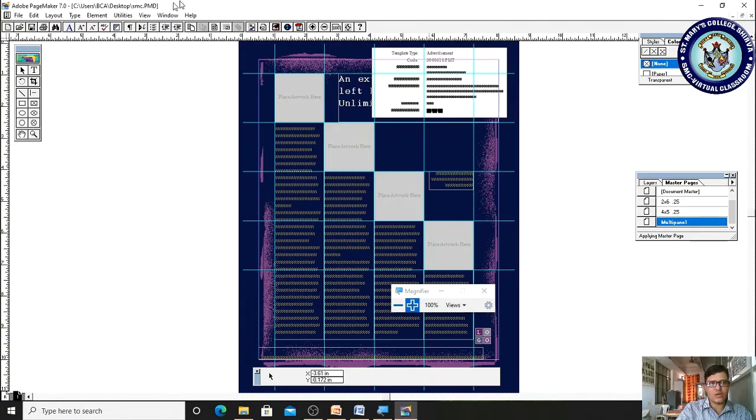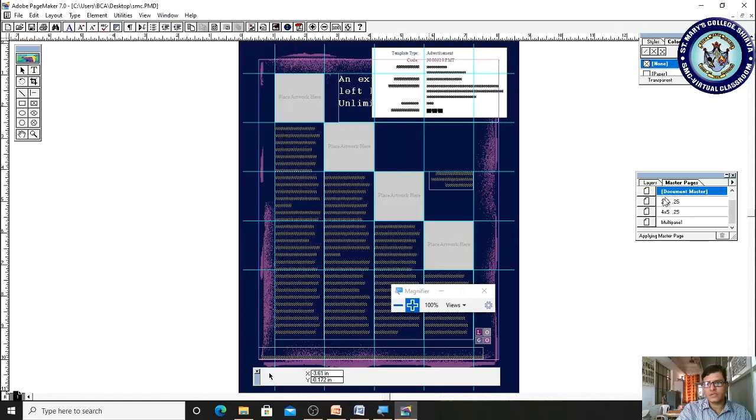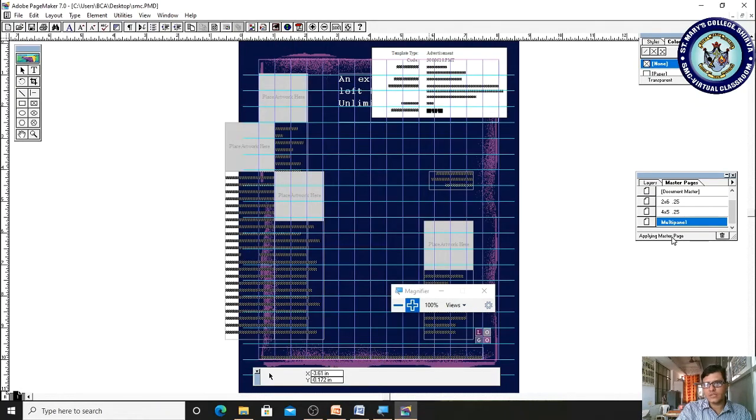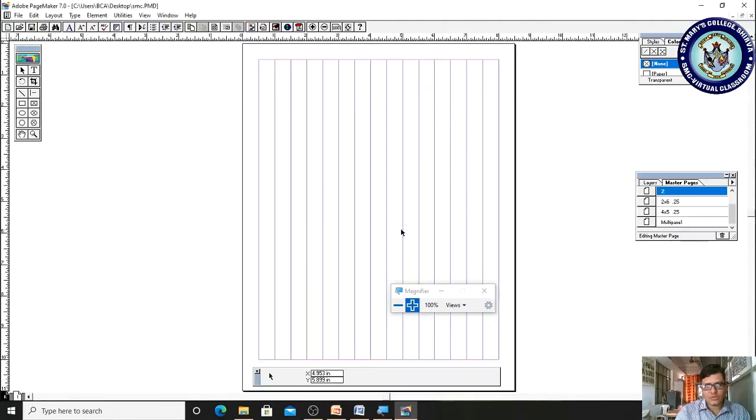If I want to add one more master page, then we have to go to the Window menu and choose add master page. Here a master page already exists. If you want to add one more, click the pop-up menu and choose new master page. You can specify one page and it is given as 2. This is the template of the first master page, so it applies the same template.